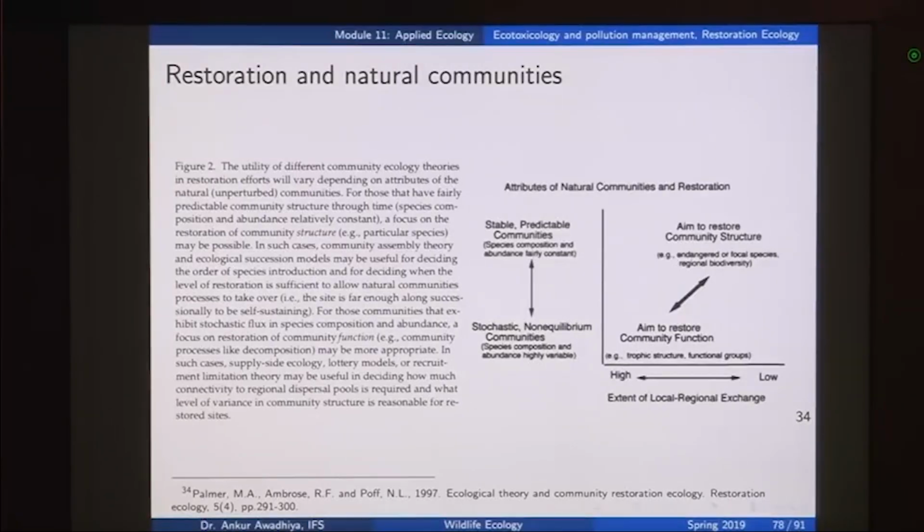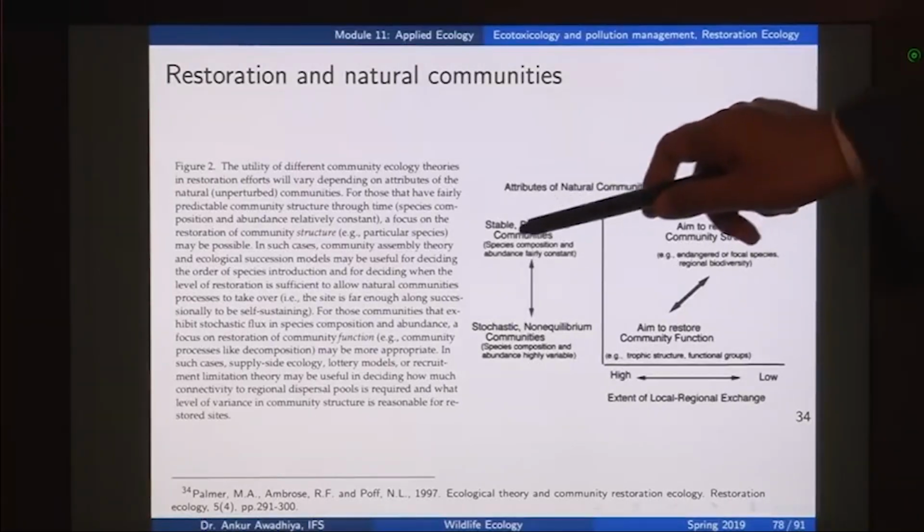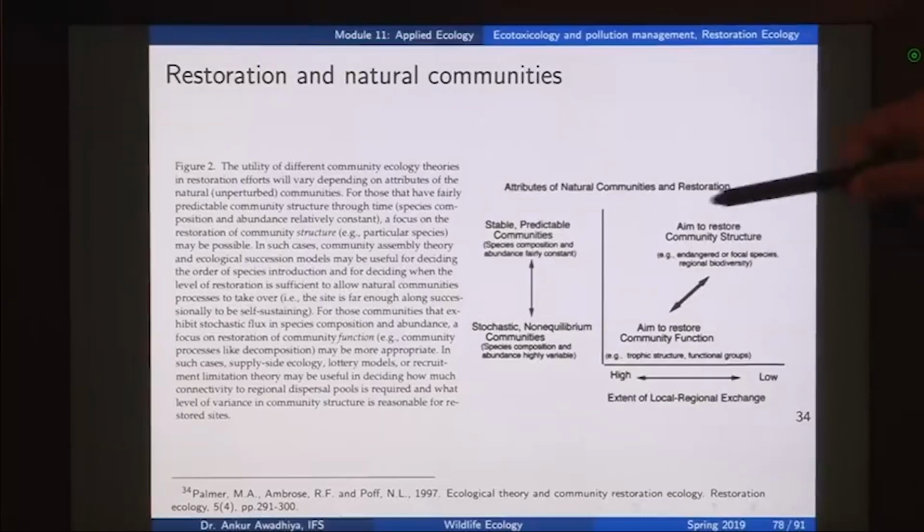But if you have those communities where you already have a climax population, so you have a climax forest, and this area is not connected to the other areas, the connectivity is low. In that case you will have to bring the organisms from outside. So, you not only have to maintain the function, but you also have to restore the community structure. You will have to see to it that all the trophic levels are now there in the system.